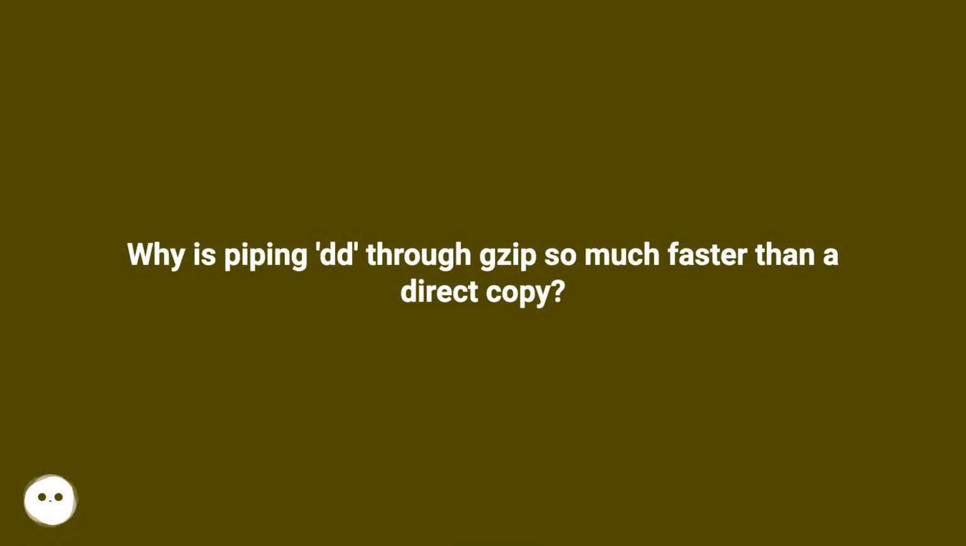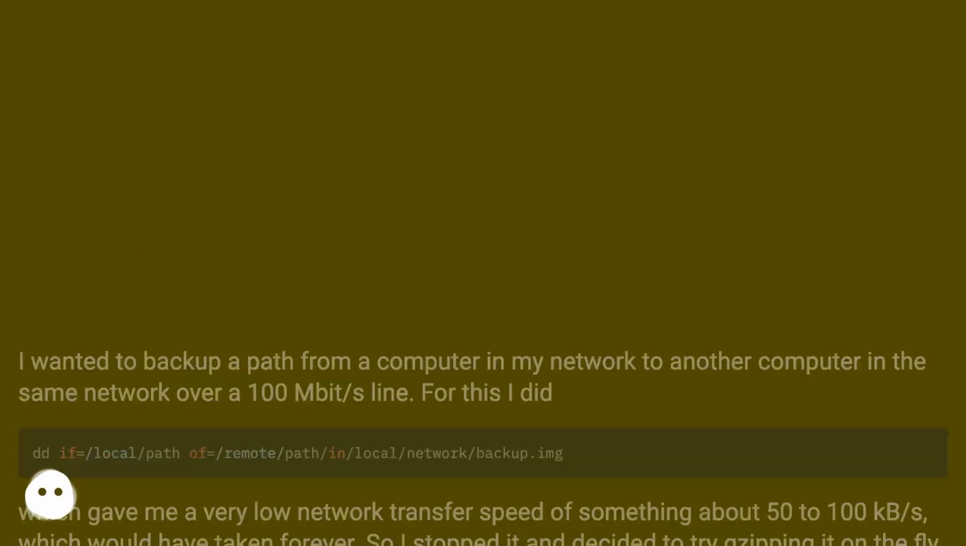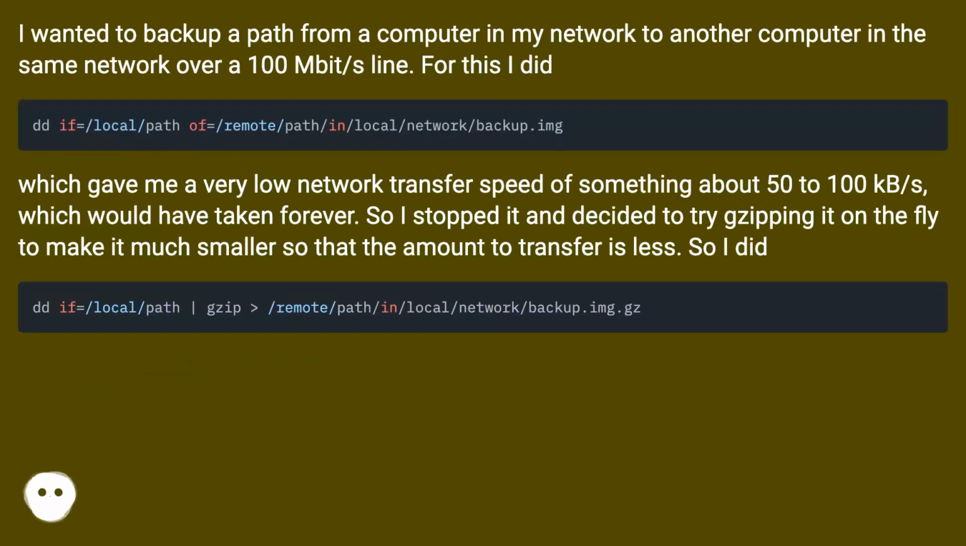Why is piping DD through Gzip so much faster than a direct copy? I wanted to back up a path from a computer in my network to another computer in the same network over a 100 Mbit/s line. For this I did,